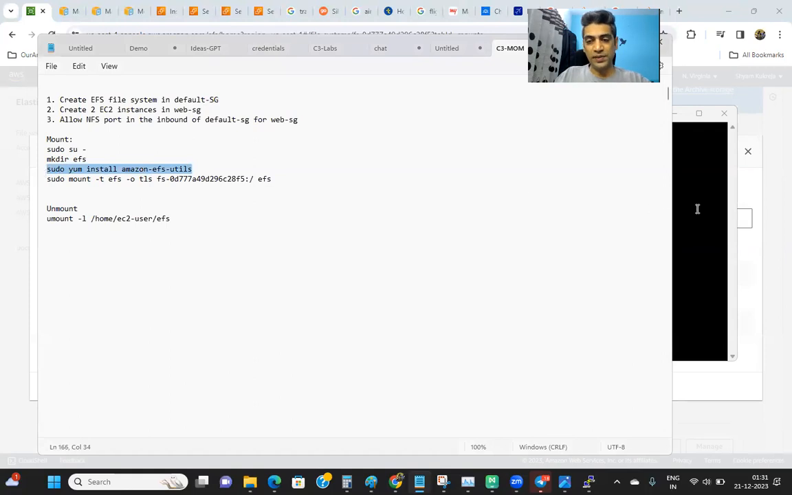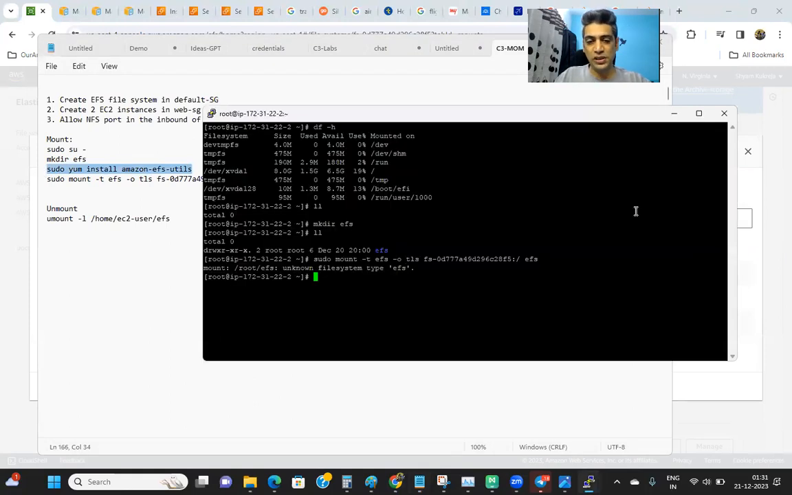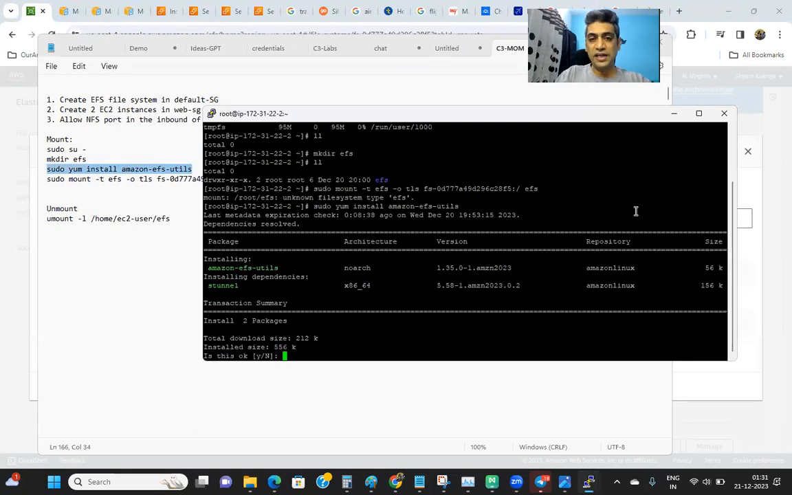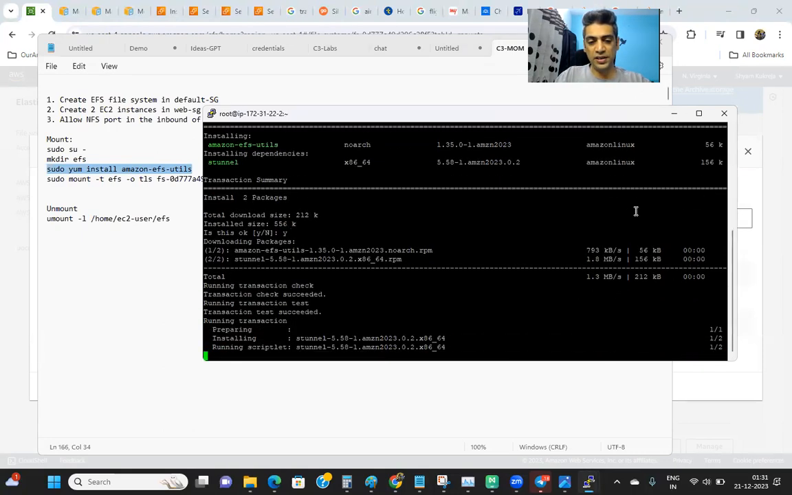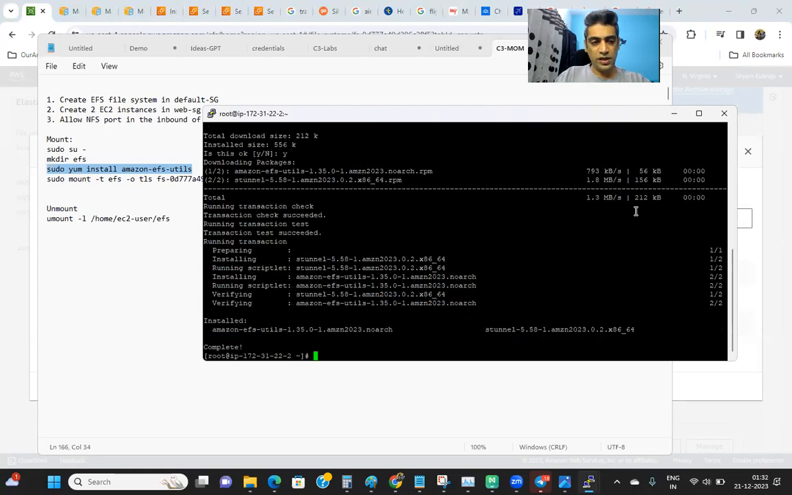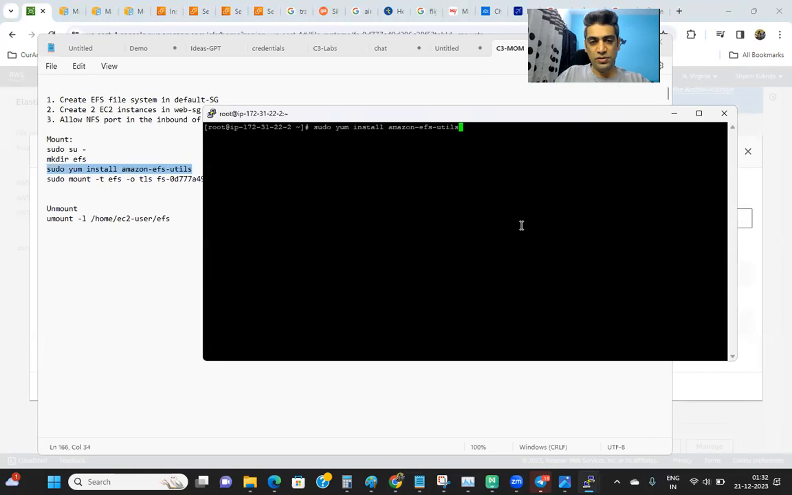So I run yum install amazon-efs-utils. I run this, and it asks for permission. You say yes, enter. Okay, and now let me clear the screen. And now using the up arrow key, I run the same mount file system command again, with your file system name and EFS. If you run enter,